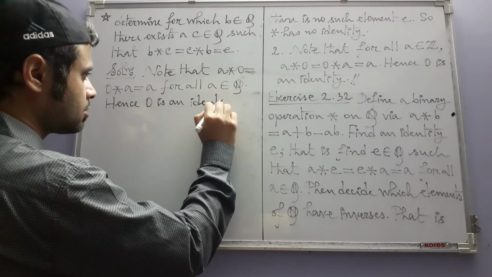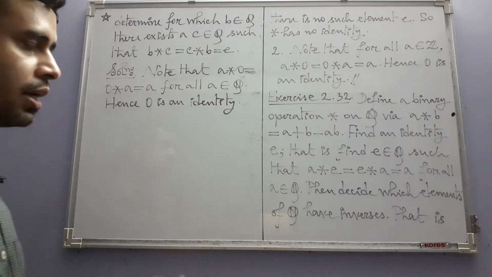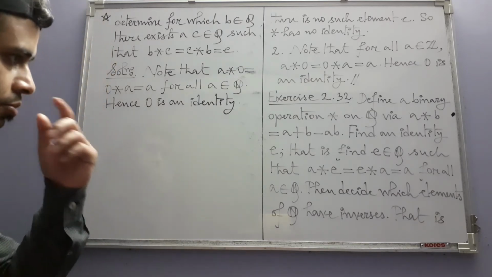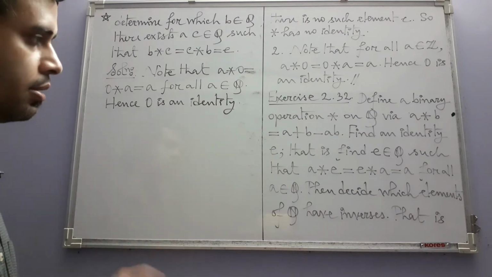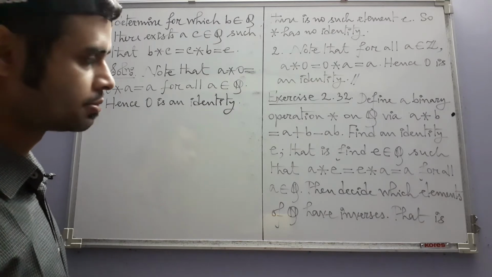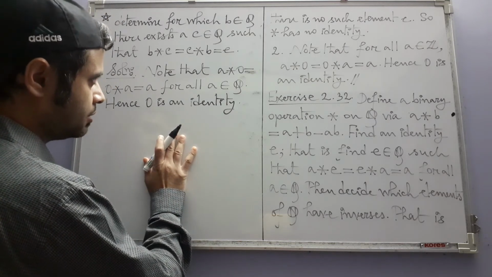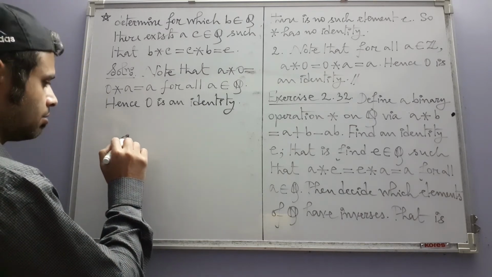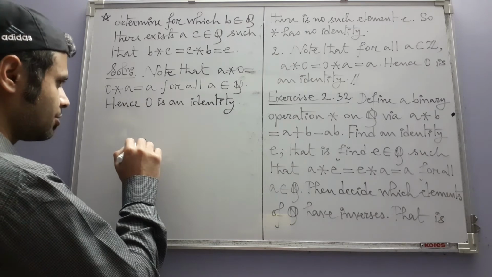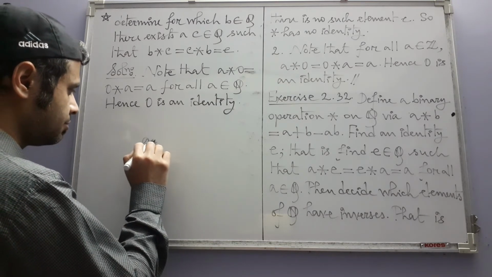So for this identity, we have to calculate inverses of those elements that have inverses. But one more question arises here. What if some other identity exists? What will then happen? Let us see if some other identity can actually exist. Although we don't really need that in this solution, but still,